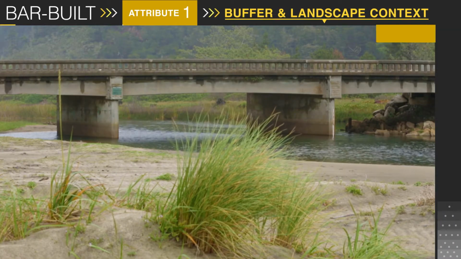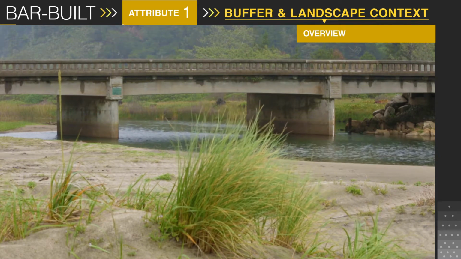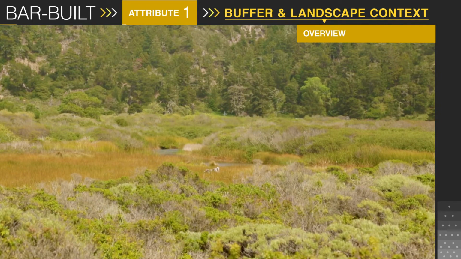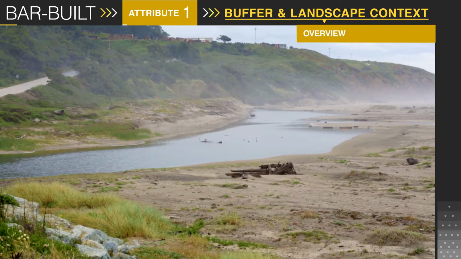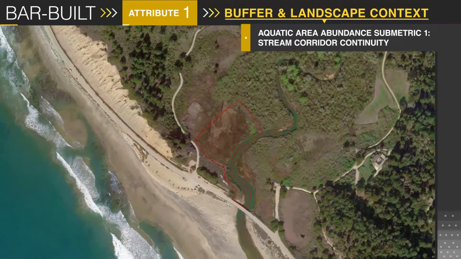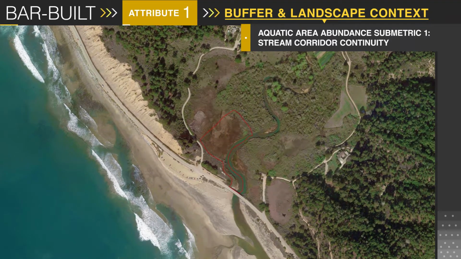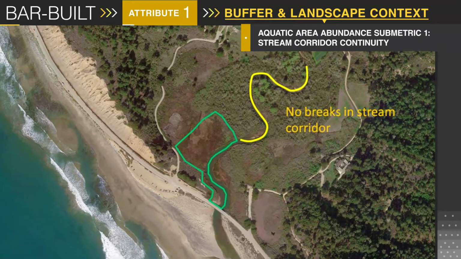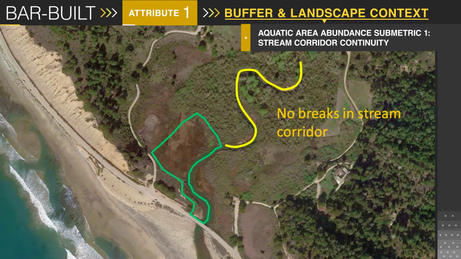The aquatic connectivity metric for bar-built estuaries is composed of 3 submetrics that take into account the influence of the riverine, marine, and adjacent wetland environments. Those 3 components are scored equally in the overall metric score as an average. The first submetric is stream corridor continuity. Use your aerial image to assess this submetric. With your AA drawn on your aerial, draw a line 500 meters long upstream from the transition between riverine and estuarine environments. Look for all non-buffer land cover segments along that line and add them up. Refer to the rating table in your field book for the appropriate score.